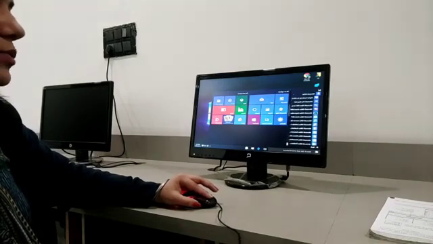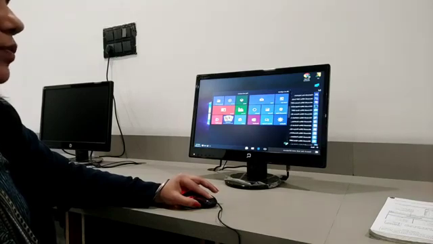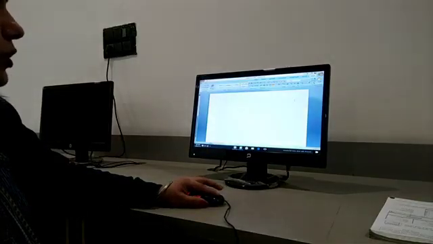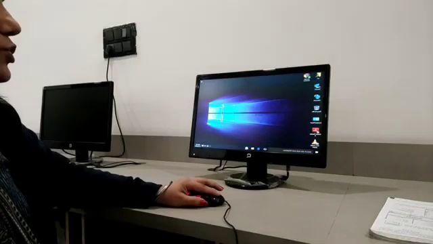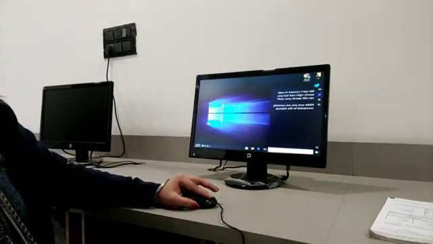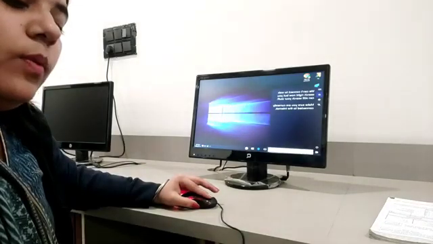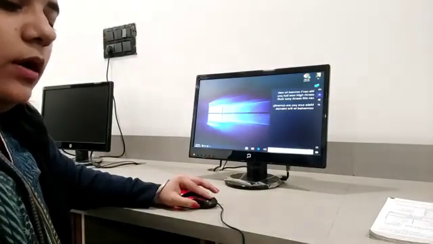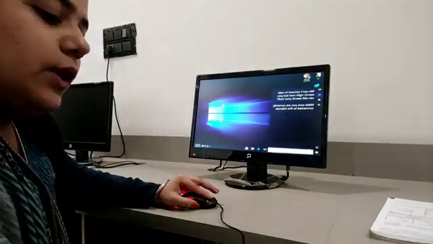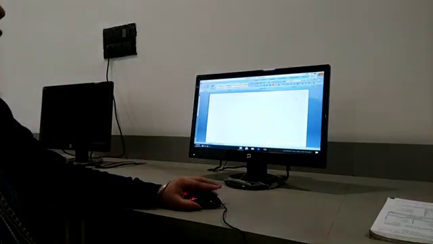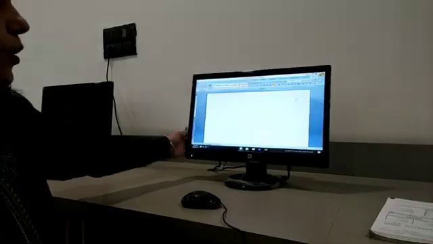If I am not able to see, then what will we do? See, it is open. If it is not shown, then I am closing it. If it is not shown, then what will we do? We will go on the window screen, then we will go on the search button and we will type here what we want to open. We want to open Microsoft Office Word. So we will type here Microsoft Office. So see here Microsoft Office Word is given. So now I am clicking here. Now my Microsoft Office Word screen is open.